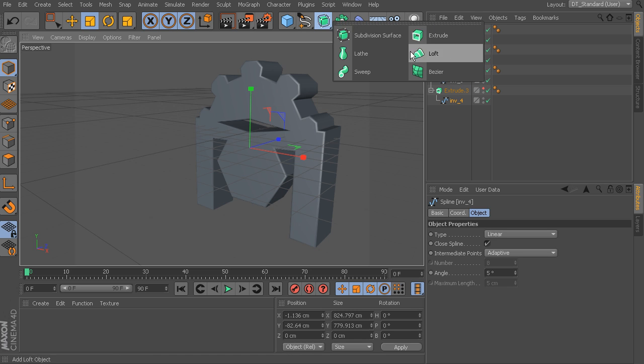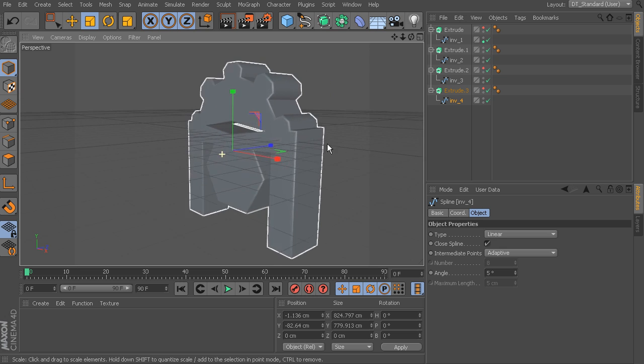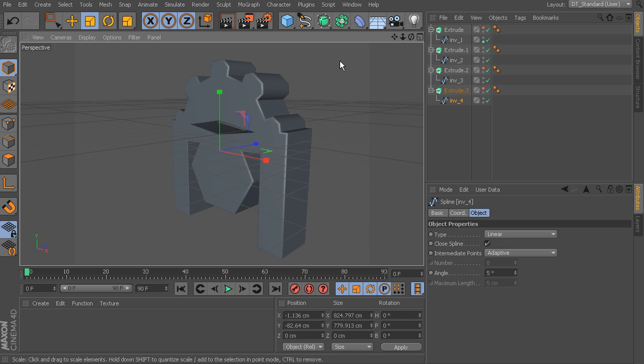If you want to experiment with the lathe, that'll kind of revolve it around a particular axis, or a sweep will take a spline along another spline. Think of that like a tube. And then extrude will allow us to create these nice little stamped shapes. This is good for text as well. If you want to create 3D text, just type that out with text, and then you can add the extrude